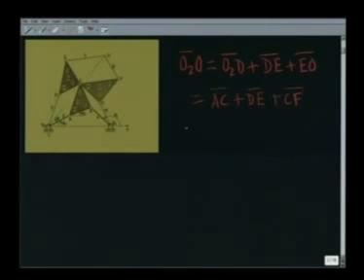Now, the vector AC can be written as AC by AB into vector AB,